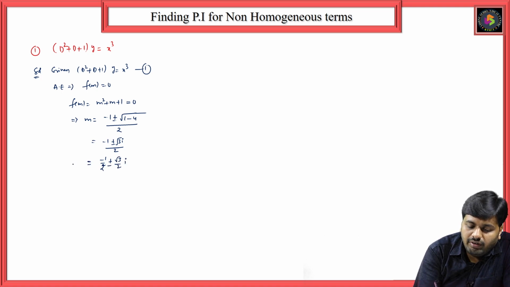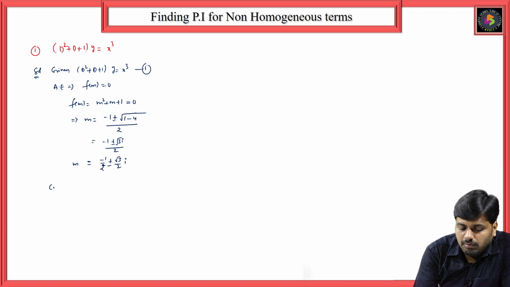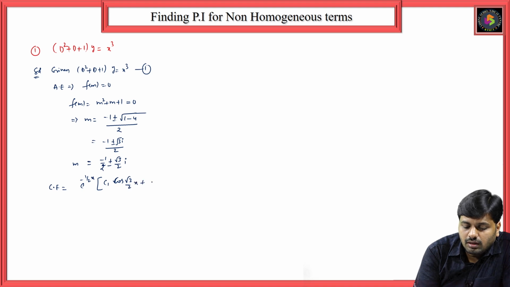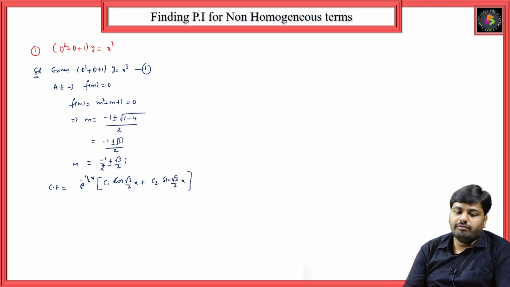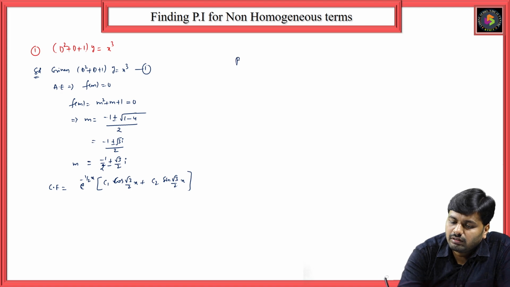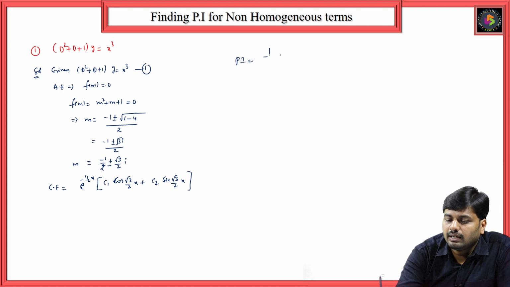So whenever we have complex roots, we have to follow the complementary function case. The complementary function is e^(−x/2) (c1 cos(√3/2 x) + c2 sin(√3/2 x)). Now this is your complementary function. Now after the complementary function, we'll write the particular integral. The particular integral will be 1/f(D) of x³. So that is